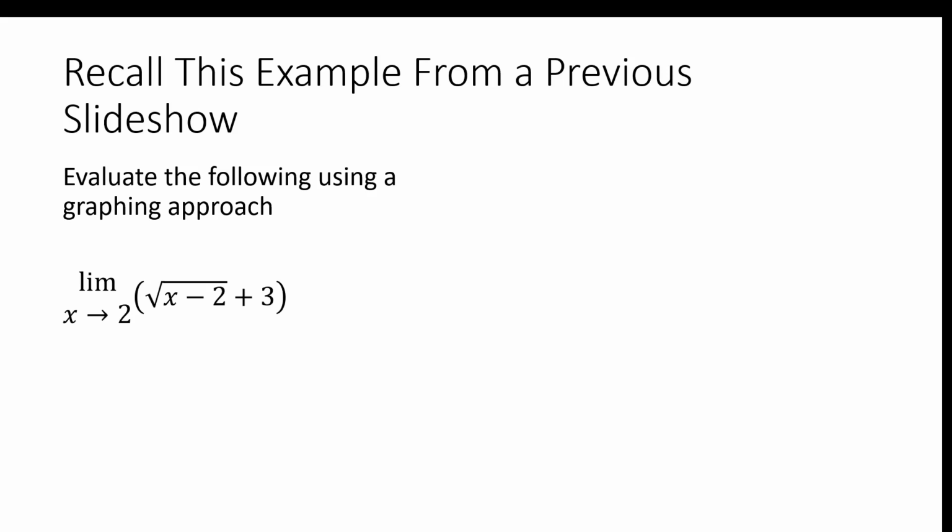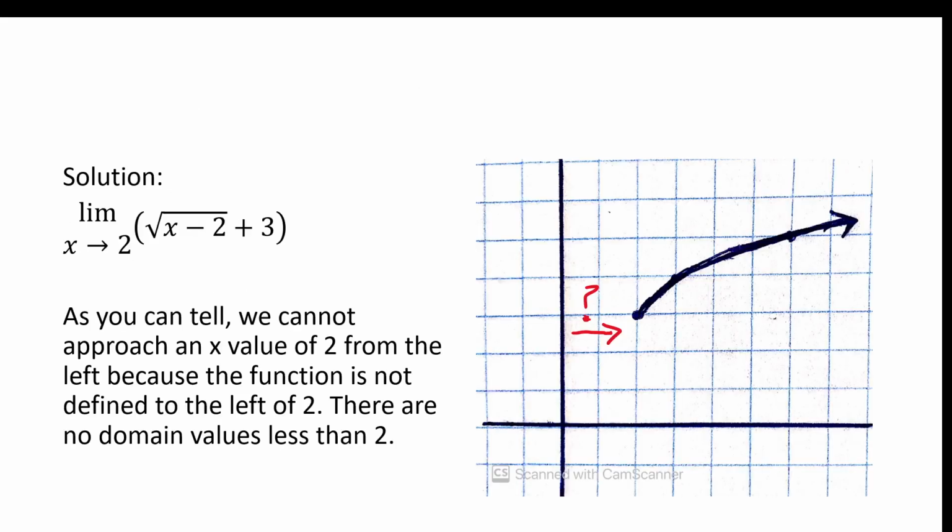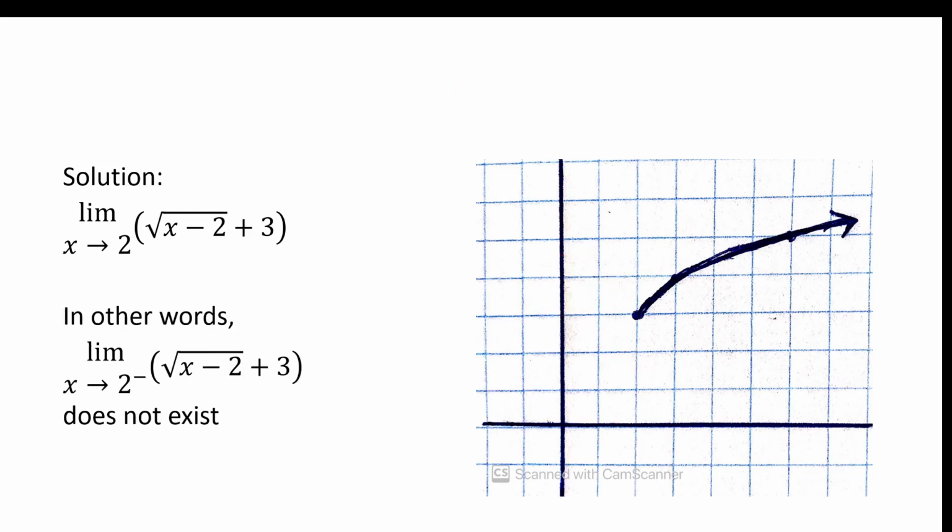We can look at this one as well. This is a little reminder of something we talked about in an earlier slideshow. We can't actually determine the limit as x goes to 2 from the left of that function, because literally there is no from the left. Everything from the left, the function literally doesn't exist. We can't approach it. So we can only approach it from the right,